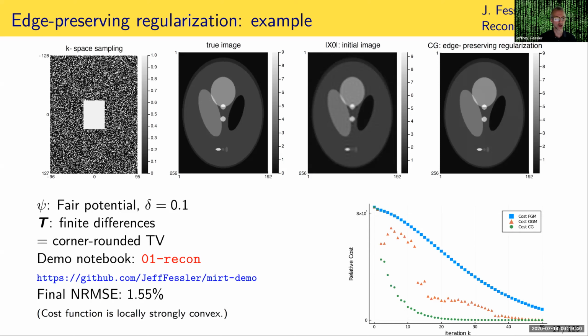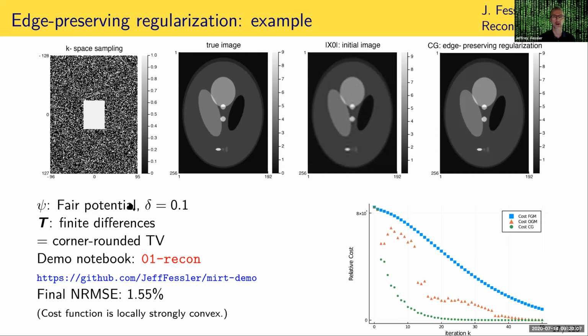So here's the first concrete example, one of the ones you could reproduce yourself using the demo, where I've undersampled k-space in this pattern. So 0, 0, the center of k-space, the DC, the low frequencies are here. And so we're fully sampling the low frequencies and then undersampling these other frequencies with a total acceleration, I think, of a factor of 4. So I think only a fourth of the overall samples are being